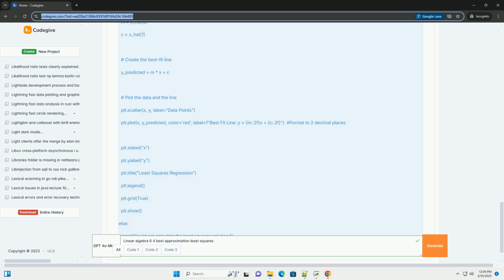Here's a Python code example demonstrating how to find the least squares solution using numpy. Explanation of the code: 1. Import libraries: numpy for numerical computations, matplotlib.pyplot for plotting. 2. Create data: x and y arrays represent the data points. 3. Construct matrix A: